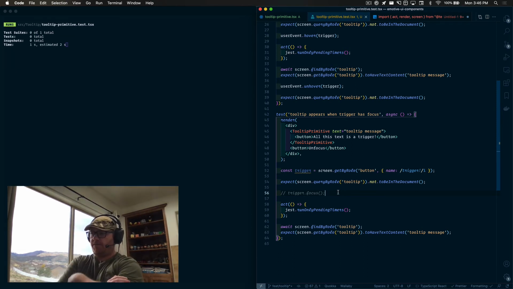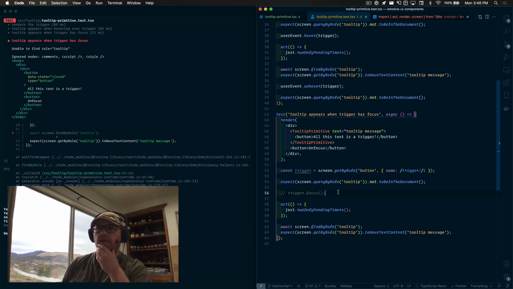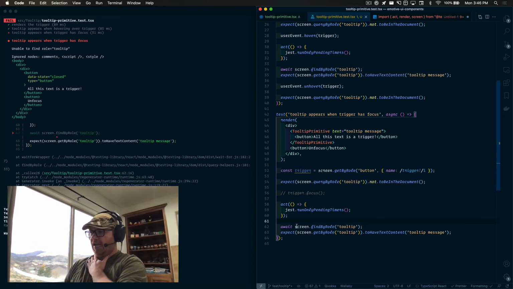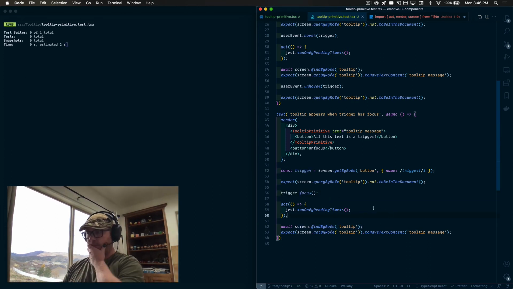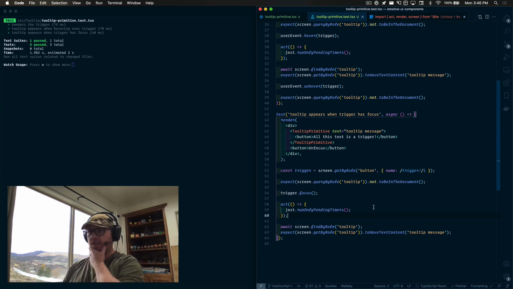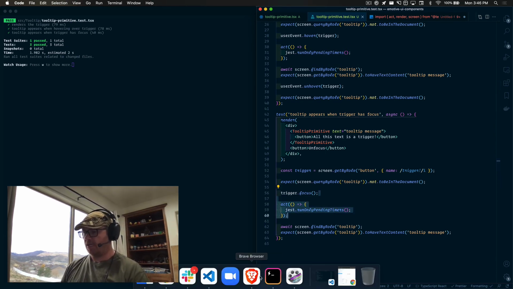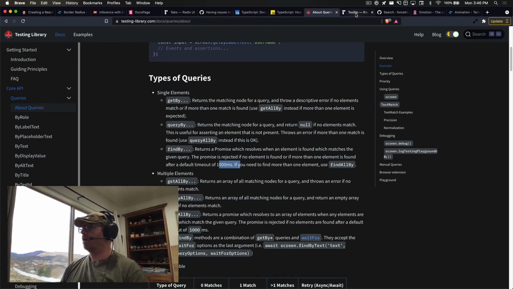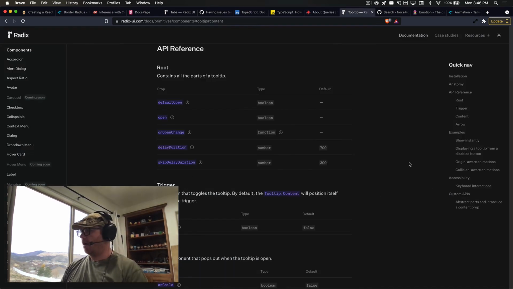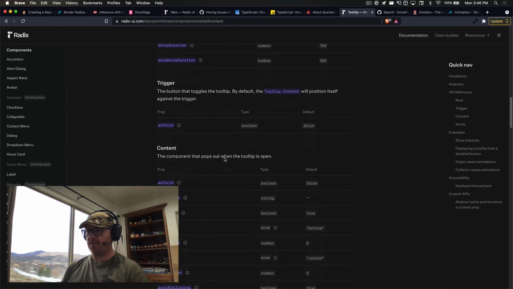So I'm going to take that focus back out of there, and you can see, what is it failing? Unable to find role tooltip. So it's going through this and it never finds a tooltip. Why? Because we never focused. Now, one thing that's interesting about the tooltips, and we could actually take a lot of this stuff out with the focus. If you read the documentation on the Radix one, here, Tooltip Radix, when you do a focus, it's got,